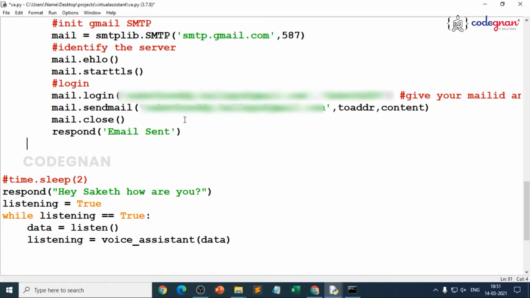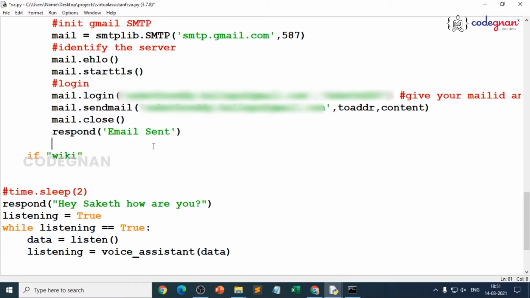That's where I'll make sure, if we have wiki, that is, if I'm saying open Wikipedia, you can see that it should open the Wikipedia web page. That is what I'm trying to show, because that should scrape the web.